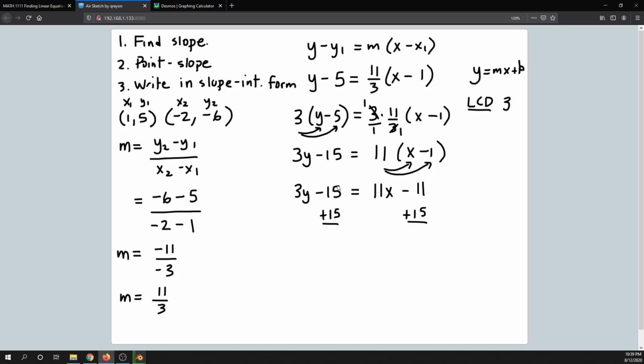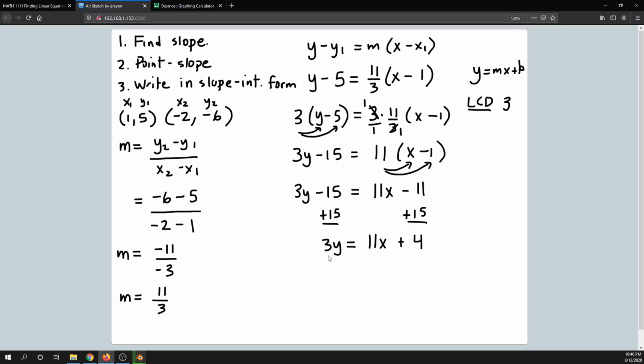So over on the left side, I have negative 15 plus 15. So that's going to be 3y. Over on the right side, I have 11x, and then negative 11 plus 15 is a positive 4. So I have every term with a y on the left side, every term without the y on the other side. And so now to get y by itself, I'm going to divide both sides